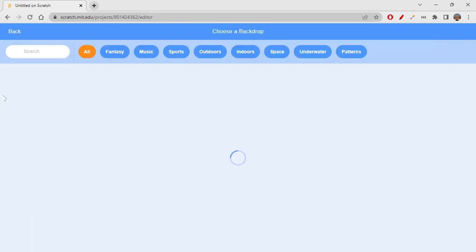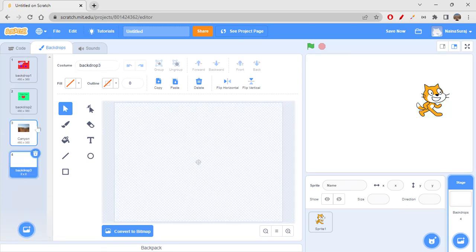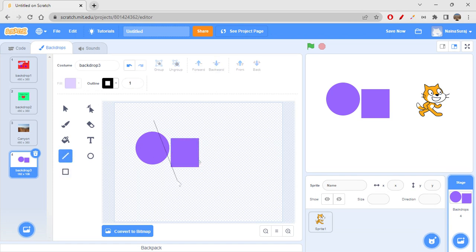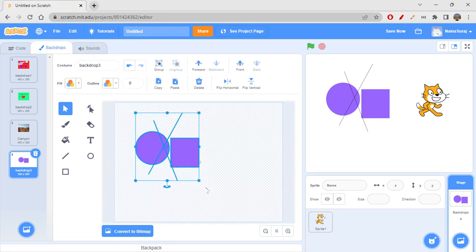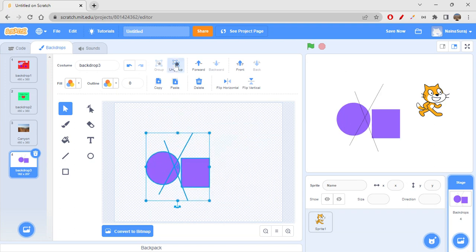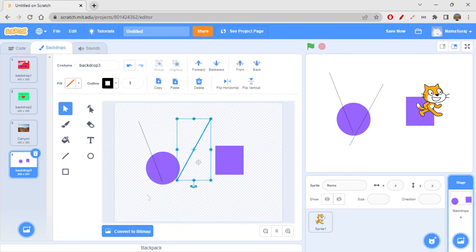Like let's say, oh wait, I will draw some circle, rectangle, lines like this, and I will use the select tool, and if I just draw like this, click on group, they all will be grouped now. Okay, if I want to move them, let's say, see, all at once I can actually start moving. Okay, if you want to ungroup them, you can ungroup them. Okay, and you can move them individually now, right? So that's how it is.